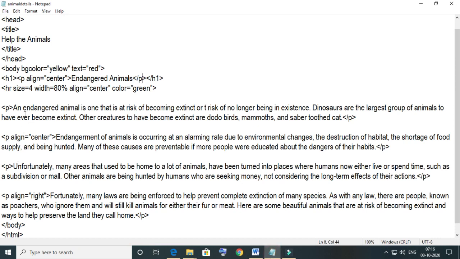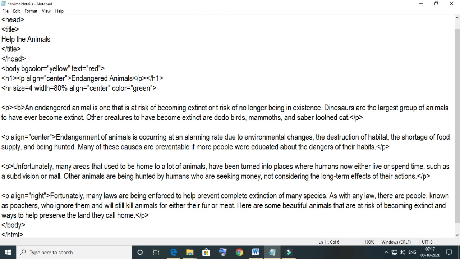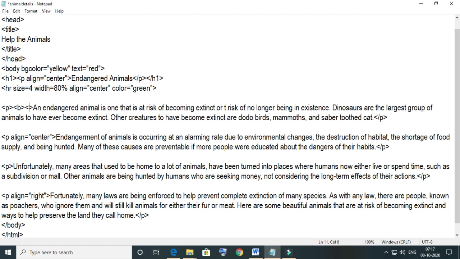Come to the notepad, and the first paragraph we are making bold and italic. So the first paragraph is now bold and italic.